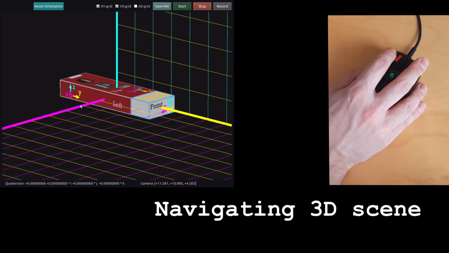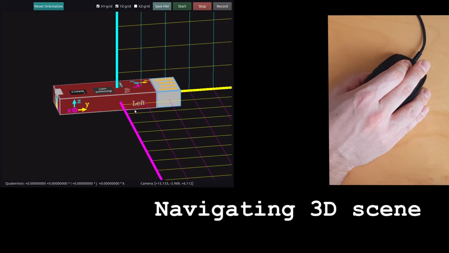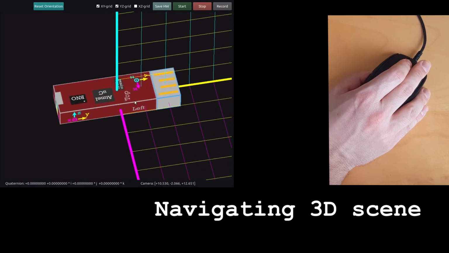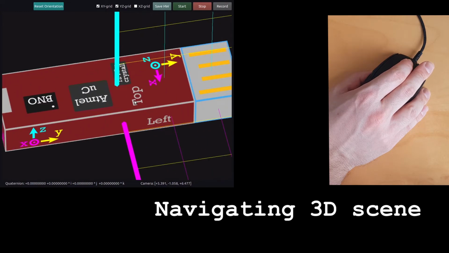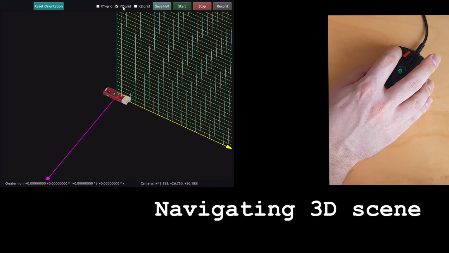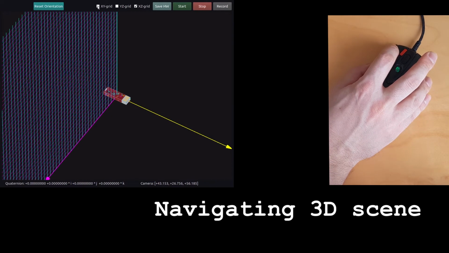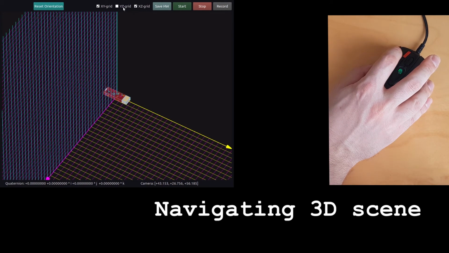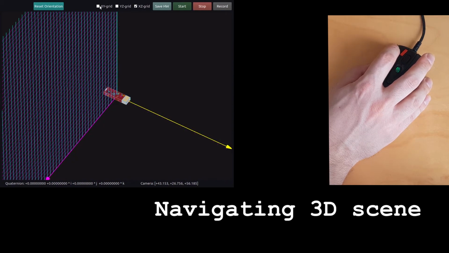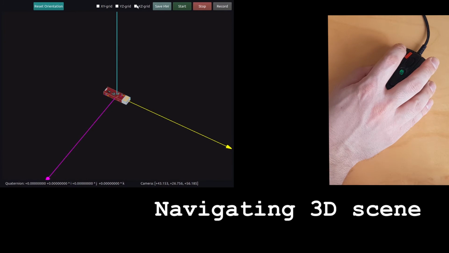I tried to create a similar experience as in Blender, which means by pressing the mouse wheel I can change the camera position, and by rotating the mouse wheel I can zoom in and out. Using the checkboxes for the XY grid, YZ grid and XZ grid, it is possible to switch on and off the grid lines for the corresponding planes, which can be helpful during data evaluation.